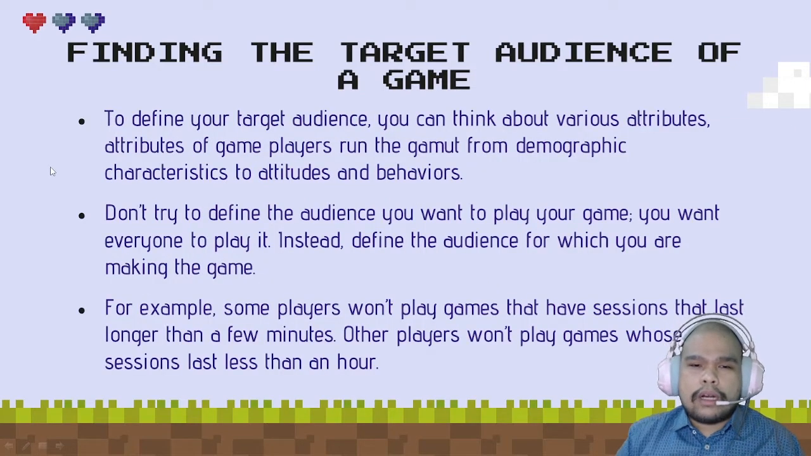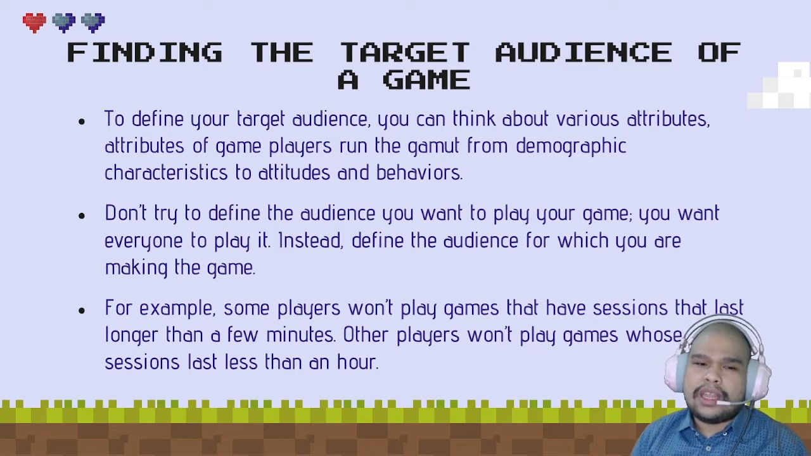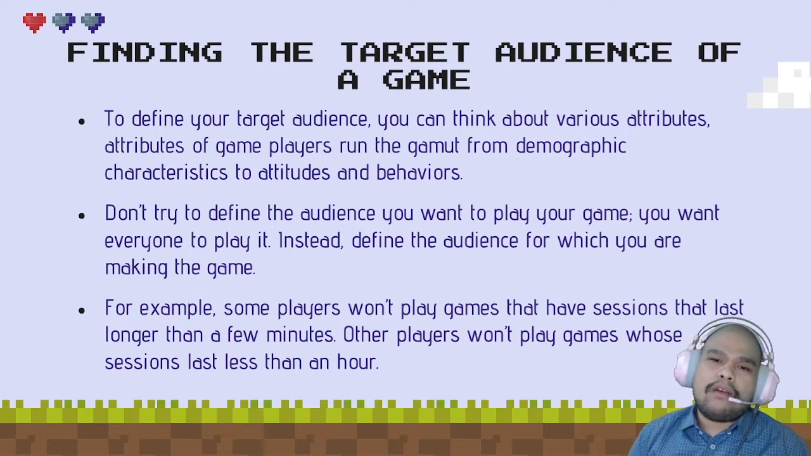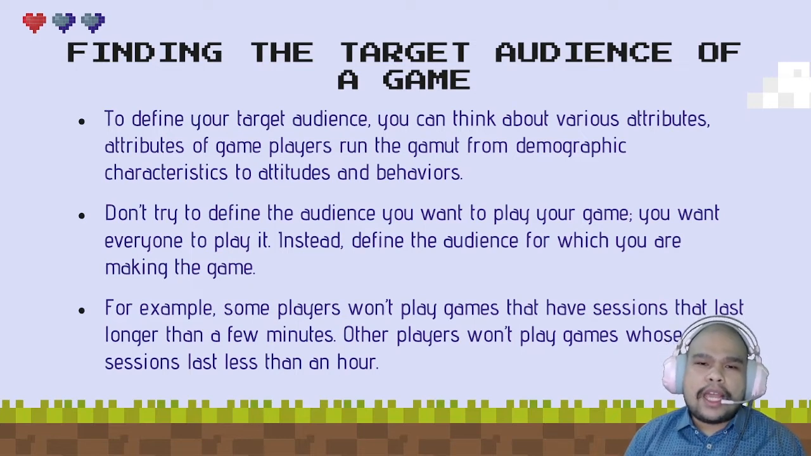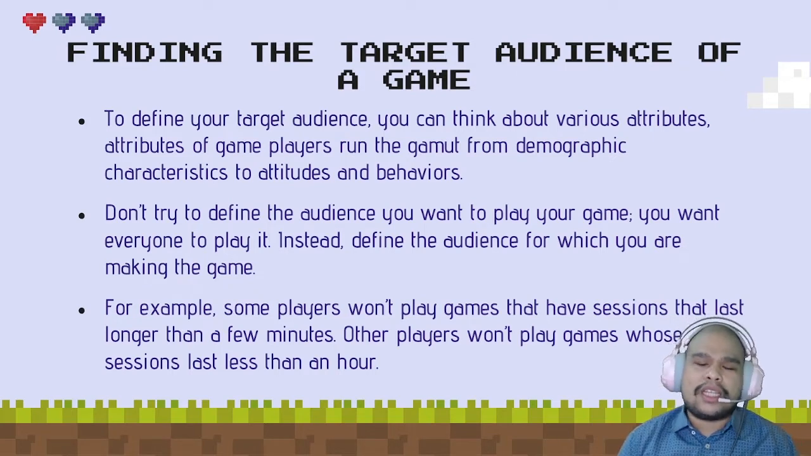Next, to define your target audience, you can think about various attributes. So, these attributes of game players run the gamut from demographic characteristics to attitudes and behavior. So, ang ibig sabihin lang nito is basically, there are different types of attributes that these game players will have. Okay? So, pwede nating i-categorize yung mga players natin based on different types of demographics, based on different types of attitudes. So, later on, we'll be discussing kung ano ba yung iba't ibang attributes na yun or characteristics ng ating mga